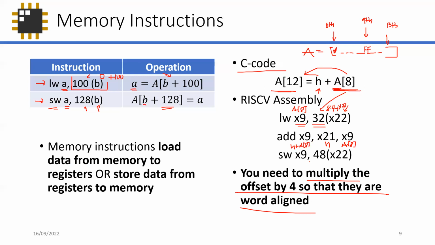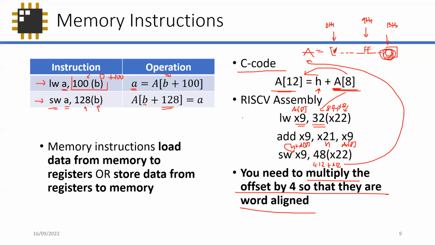Right? And then I'm going to store that H plus A8 because that's the current value of X9 over here. Right? And I'm going to store it at address A12, which is 48 because that's 4 times 12. Okay? Plus X22 because X22 is pointing to the base address of A. Right? So it's going to store it somewhere here. Okay? So it's very simple, right? It takes time, but review this recorded video again to keep track of how we actually